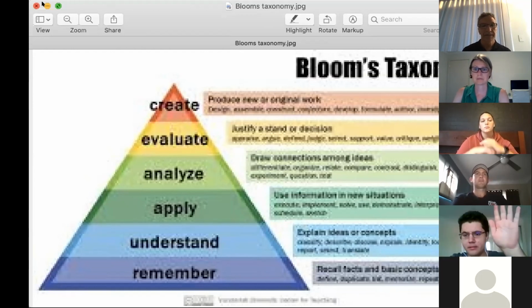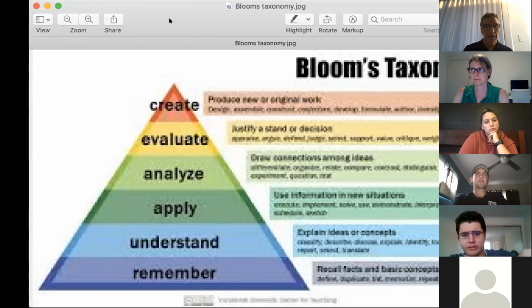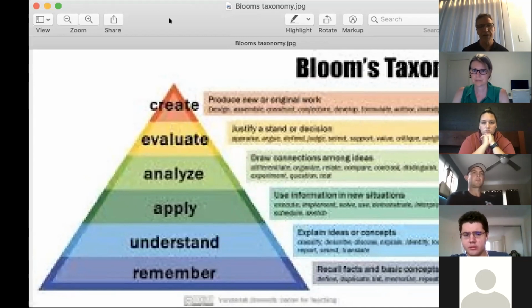Chris? Yeah. I opened up a document. It's very blurry. You can't see the writing on the words next to create and evaluate. Yeah, maybe find another one, Michael. If you Google Bloom's taxonomy, you'll find that there's lots of versions of it. So find one that you can read. They'll all be similar. So just get on your browser and look one up would be my suggestion.